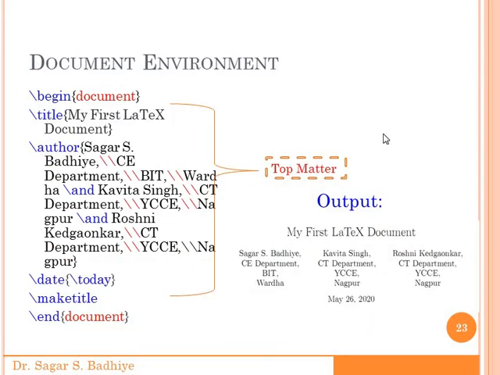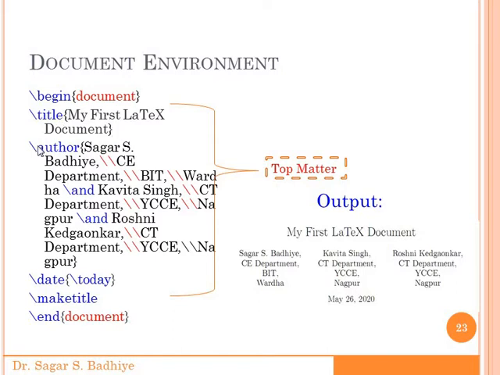Talking about the document environment, this is the most important environment in any document, because any document begins with the \begin{document} environment and ends with the \end{document} environment. Everything within these two commands is part of the document. There is a command \title which is used to create the title of the document. Here, within \title curly braces, I have written My First LaTeX Document. This will be the title of the document, and based on the class of the document being created, whether article, book, or anything, the size of the title will be decided.